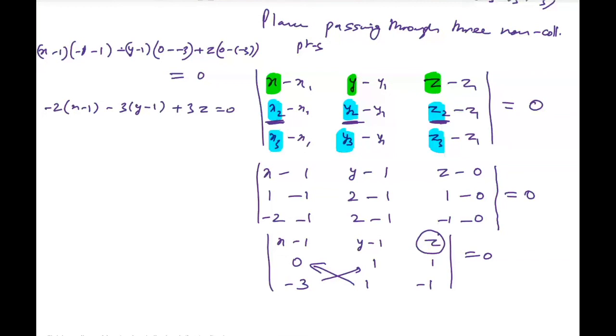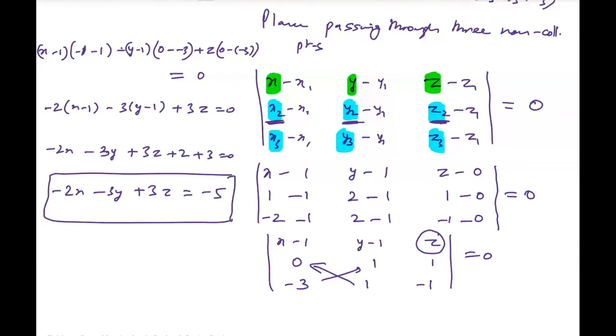Just simplify it. Minus 2x minus 3y plus 3z plus 2 plus 3 is equals to 0. Minus 2x minus 3y plus 3z equals to minus 5. So this is the equation of the plane which is passing through those 3 points. Sometimes what happens, here we get 0 and here it is also 0. Or you get 5 equals to 5. You get 2 equals to 2. That means there are infinitely many planes which can pass through those 3 points. That means actually the points are